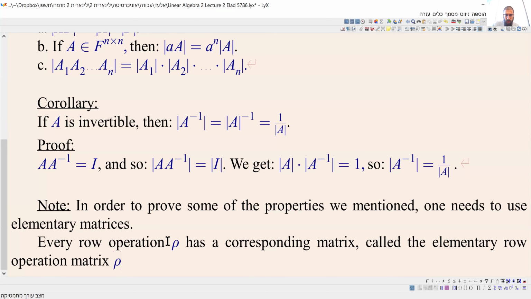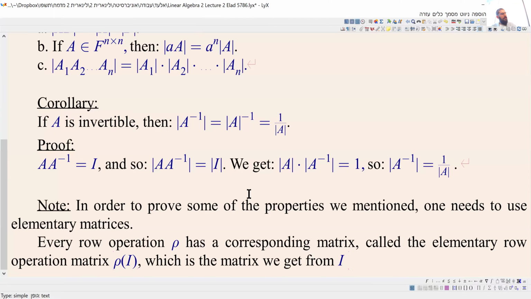rho of I, which is the matrix we get from the unit matrix I after applying rho. And for every order 1, 2, 3, etc., we have such matrices. For example,